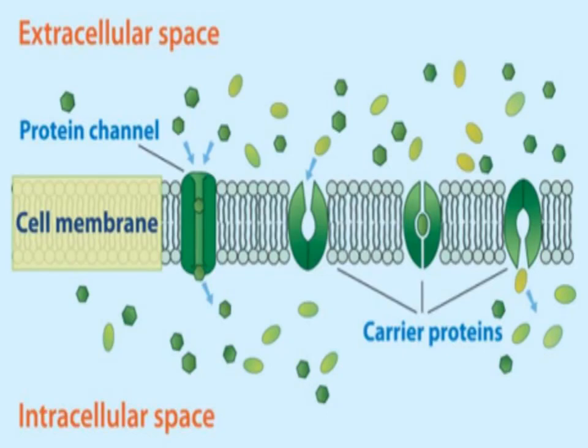Here in this diagram you can see how the substances are passing across the plasma membrane, because these proteins are present here in the plasma membrane between the lipid bilayers. So different substances can pass across it. These are different carrier proteins which can transport the substances from one side to another side of the membrane. So this picture is showing one of the functions of plasma membrane.